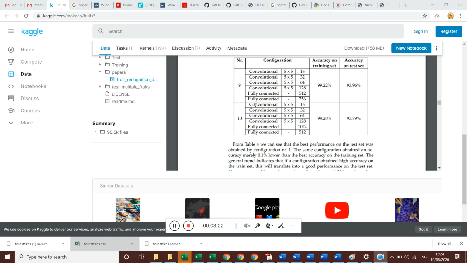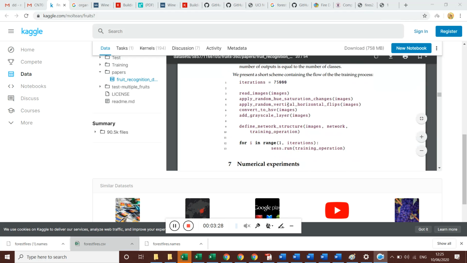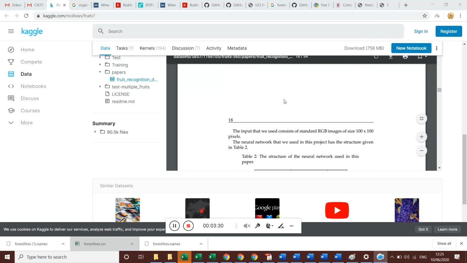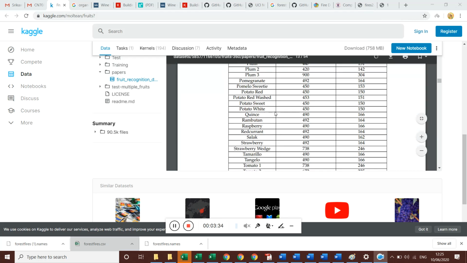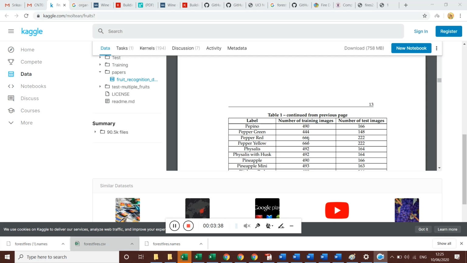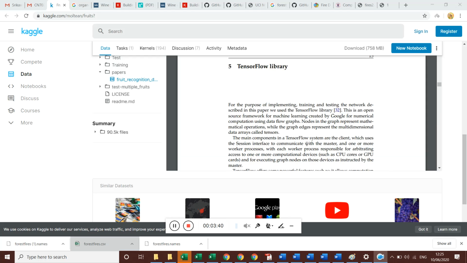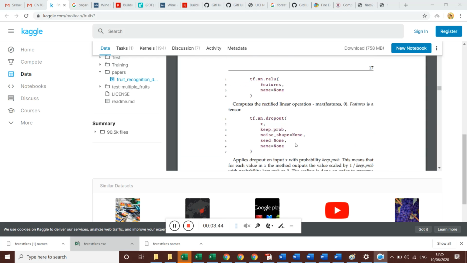Okay, what is the dataset we have? We have a set of data, like you go through this image, you will understand. We have a list of images of the different types of fruits that we have in the world. Okay, and all those details are provided here, and we can discuss the features, like the size of the photo we have taken, the commonness of the photo, and the color of the photo. So some details we can discuss.